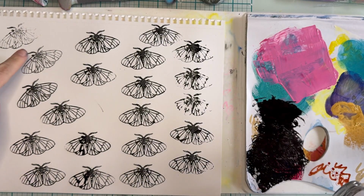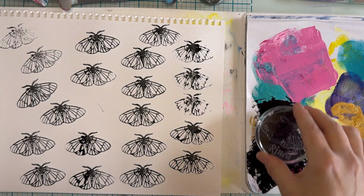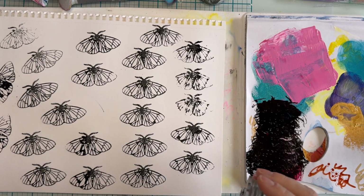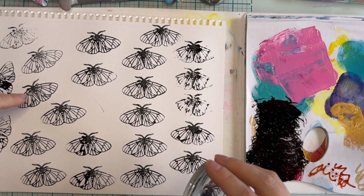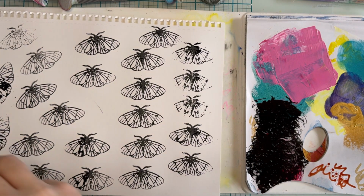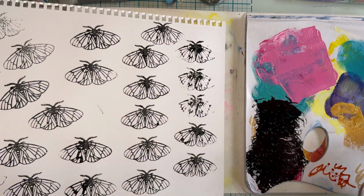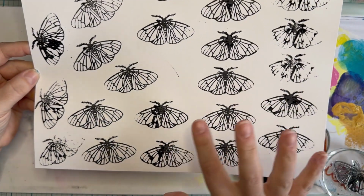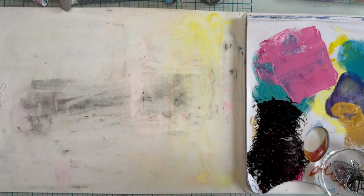And look at how many times I can stamp before I have to get more of the paint. Ooh, and I kind of love it when it gets like that. It even has a little bit of splatter there on the side. This is super fun. So I've got a few in here that are really good and crisp that I'm going to use. I'm going to let this dry. But in the meantime, I'm going to bring back my